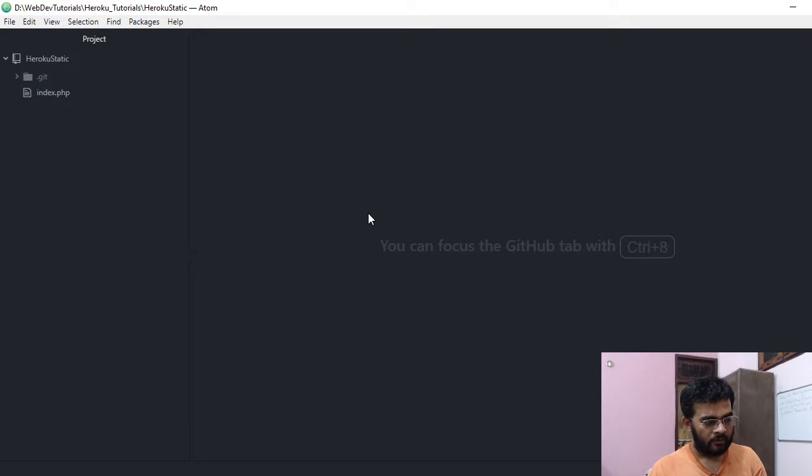Why do we add .php? I mean, .html can be used with anything. Heroku does not understand what backend language or what backend libraries or functionality it has to provision in order to run your app. But when you type PHP, PHP is itself a server side language, so Heroku knows that, oh, it's a PHP app. But when I type HTML, HTML can be used with any backend language, any server side language, so it gets confused what libraries and functionalities should I provision for this app.